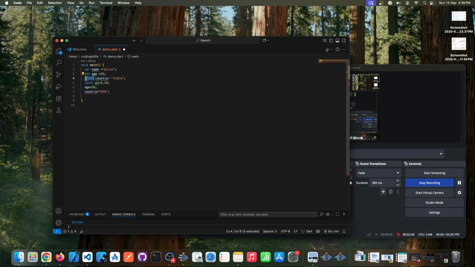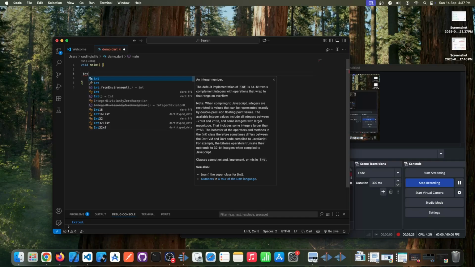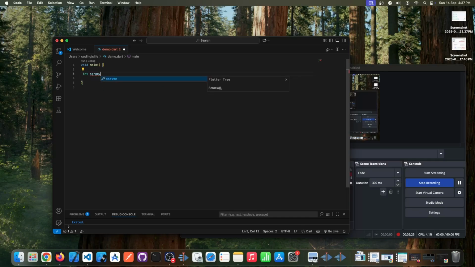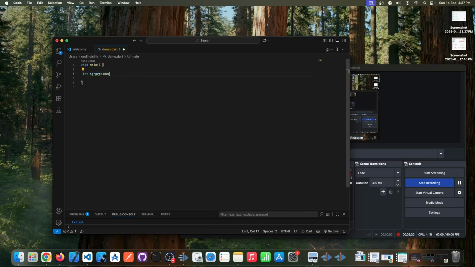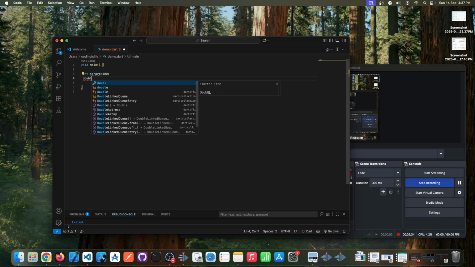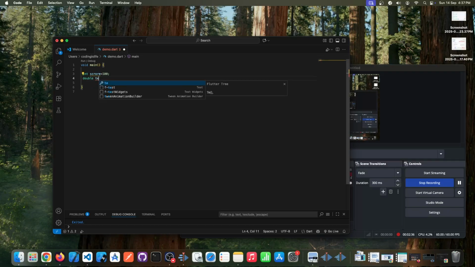Let's move to Dart types. Dart has different types of data. Let's see them with examples. So first of all we see int score equals 100. Then we use double temperature equals 36.6, then String